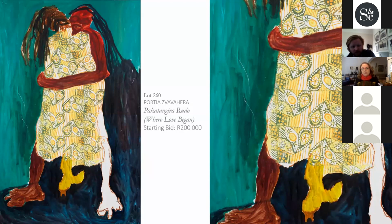She also looks at different forms of religion, Christianity as interpreted in Zimbabwe, the Afro apostolic sects, and also Christianity. And so all of these multiple layers in these unbelievably large-scale, beautiful works. She also involves, as a cultural reference, these beautiful textiles. This work is also quite intriguing in that the two figures are almost melded into one,